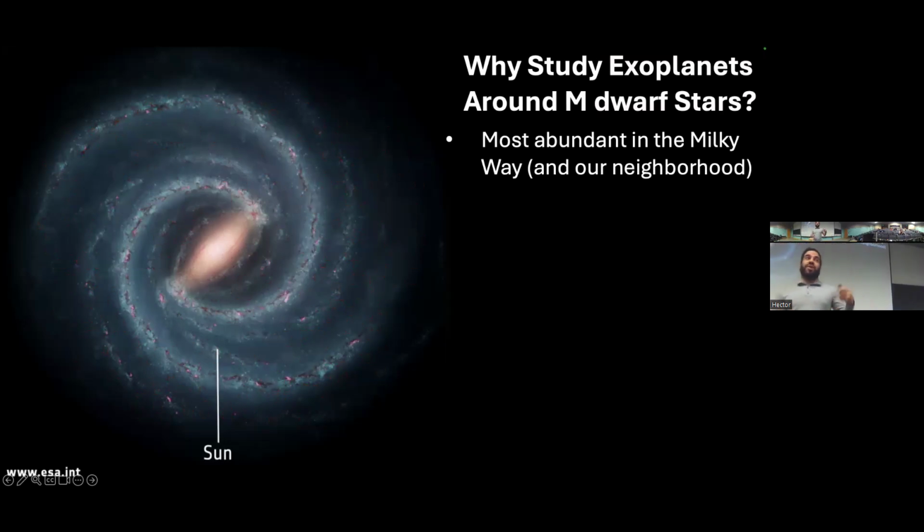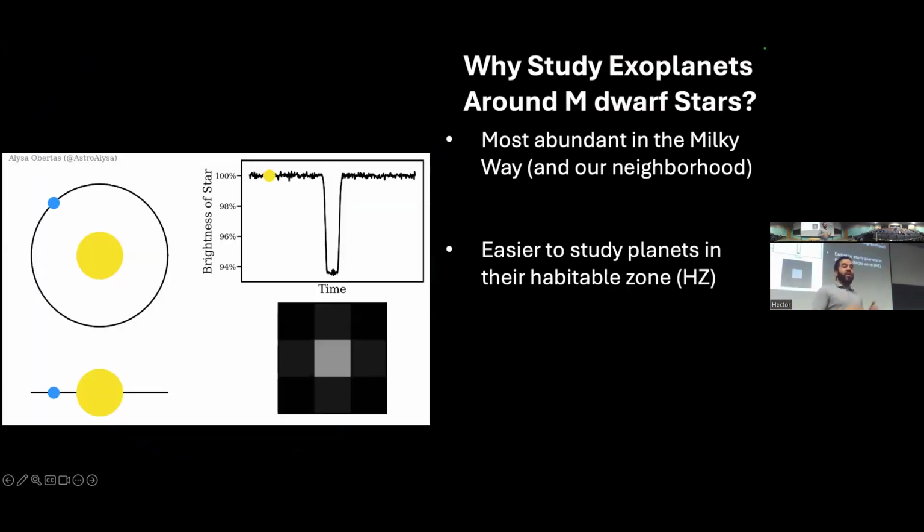Not only that, because they have lower luminosity and are smaller, when a planet passes between our line of sight and the star, we can see the brightness of the star diminish, therefore making a detection of the exoplanet. If you were to compare the same exoplanet around a star like the sun, which is bigger, then that ratio of the shade of the planet on the star is going to be way less, and it's going to be really difficult for us to detect and study that exoplanet.